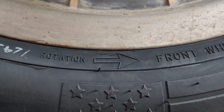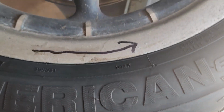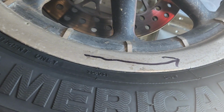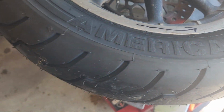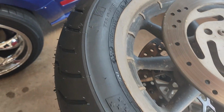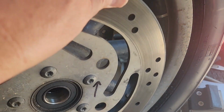Okay, there's the rotation on my tire for a front wheel fitment only. And it's the same direction as I marked, so we got it right. Usually too, you're going to take the yellow dot and match it up to your valve stem. But I'm not sure where he got this tire, because there is no yellow dot on this tire. I checked it out and it's not on this side, it's not on this side. But we got him